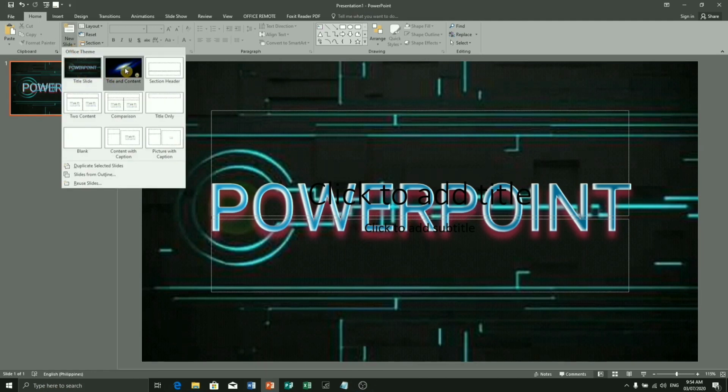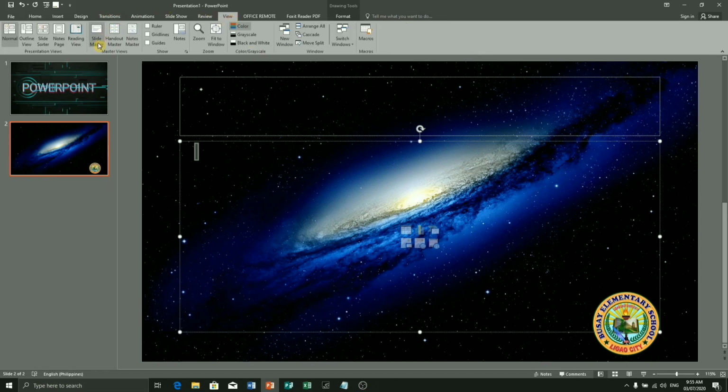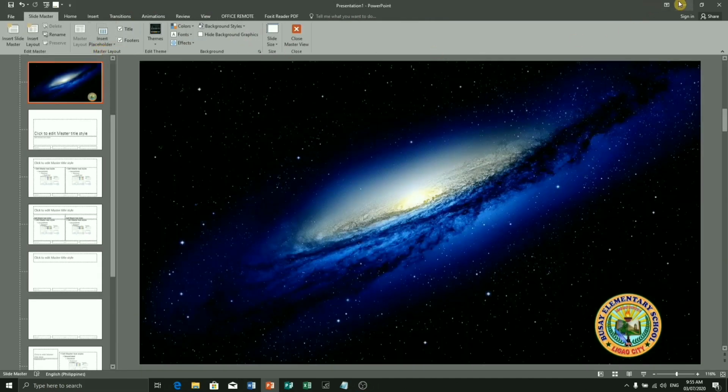So for example, the second slide, I am going to choose this. So we have already the template, and we cannot move any object here because it's already a default. So I hope that you learned something about how you can create your customized template. For example, if you want to integrate your text, you go again to View, and then select on Slide Master, and then here